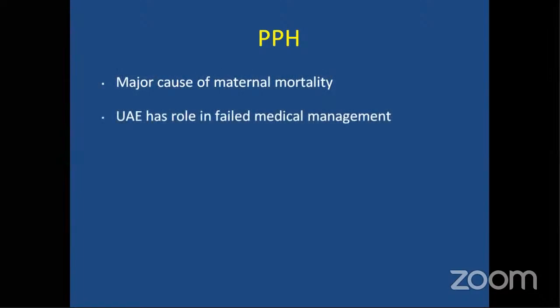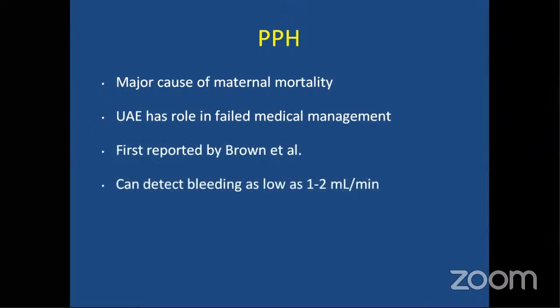Next, a very important indication is postpartum hemorrhage. Postpartum hemorrhage is a major cause of maternal mortality, and UAE has a role in failed medical management of PPH. It was first reported by Brown et al. The advantage is that during an angiography, we can detect a focal bleeding as low as 1 to 2 ml